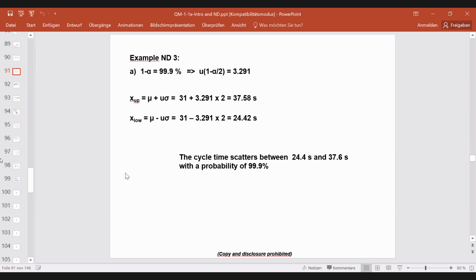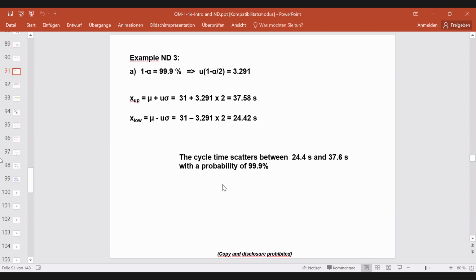So this is the table value, and then you get an X up and an X low. X up is the mu plus the table value times the standard deviation, and so you get an X up value, an upper threshold of 37.58 seconds, and a lower threshold of